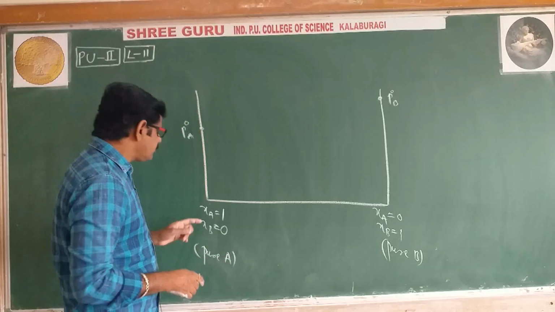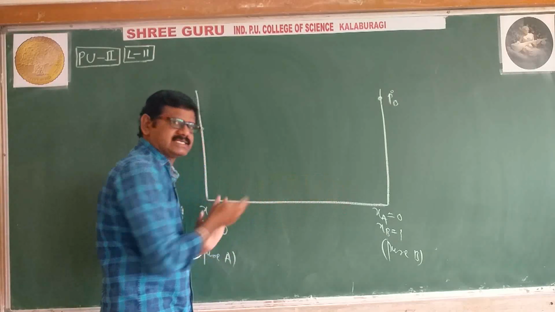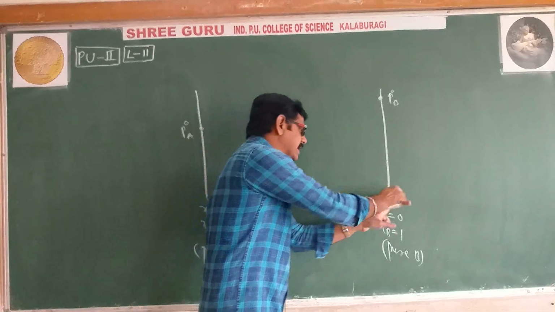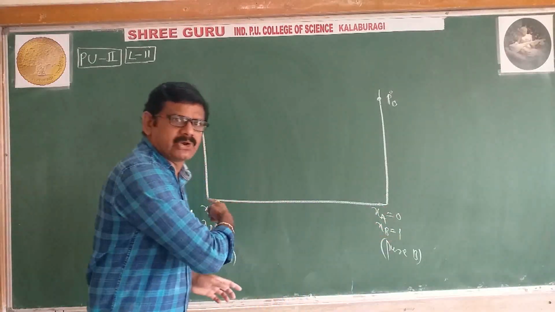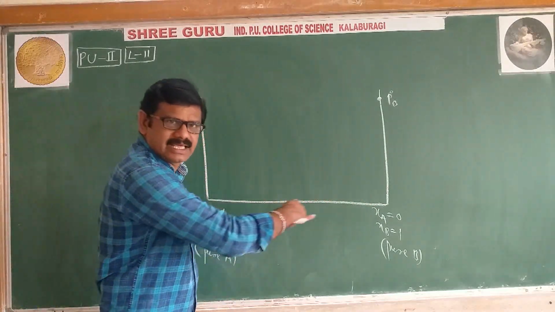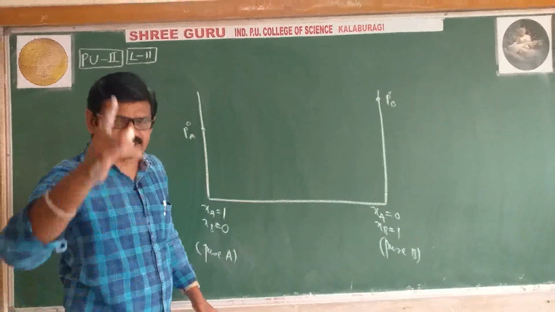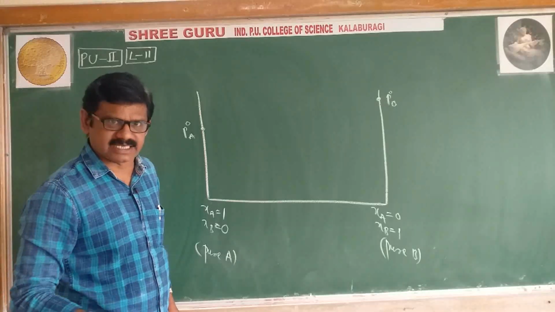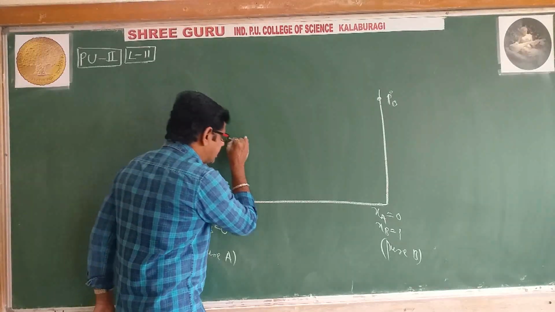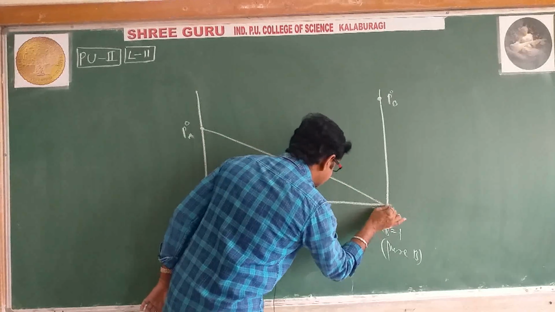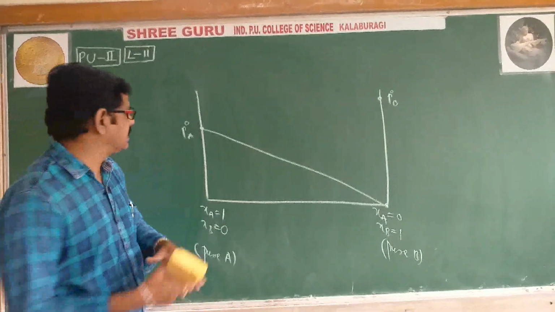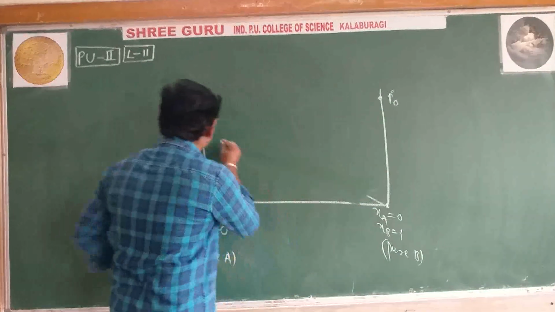Next, when we go from left side to right side, the mole fraction of component A becomes 0. Component A is diminishing, which means automatically its vapor pressure also decreases. Here is the highest vapor pressure of A, and slowly the vapor pressure of A decreases like this. Here vapor pressure is 0. Regarding this graph, I explained clearly in the last class. You get a straight line, of course.